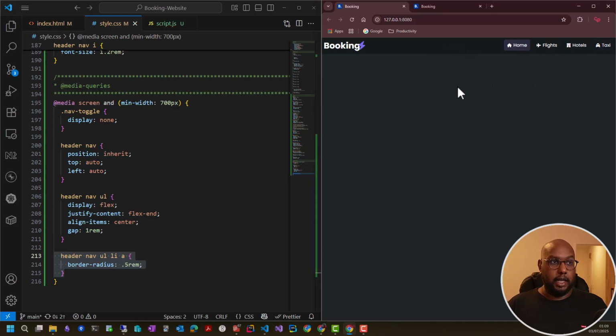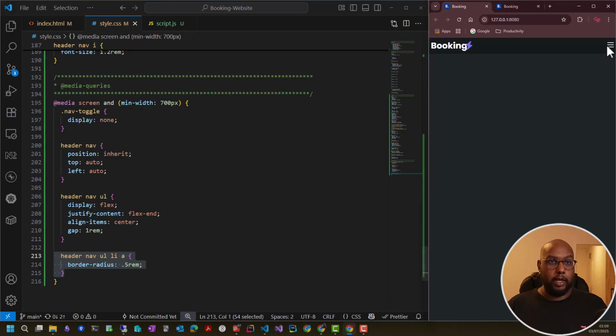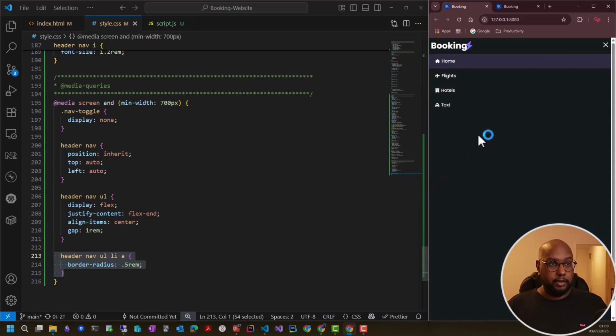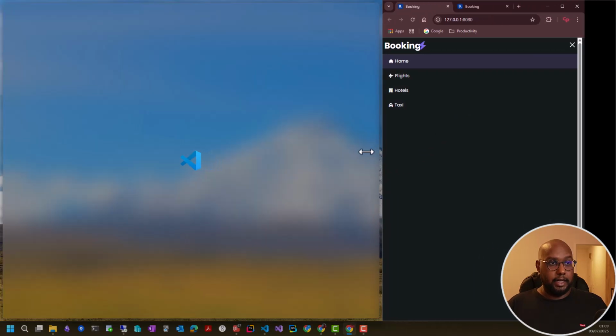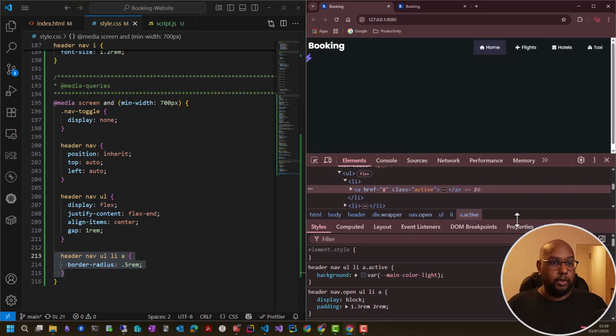So this is our big screen. And in the small screen, we have our navigation. However, there is one little problem. When we click on this and then resize our screen, we have this weird looking styles. The icon is on the second line. This looks big. The problem is, if we go to inspect,